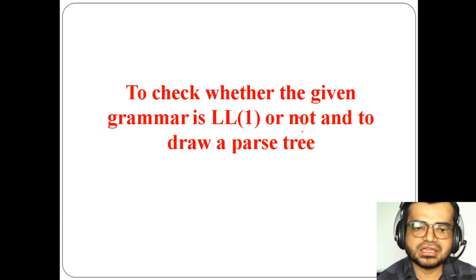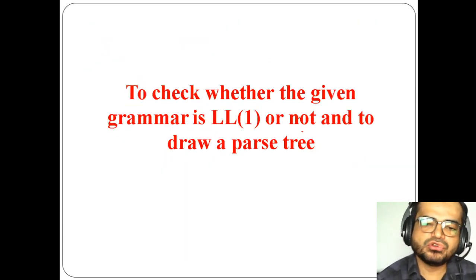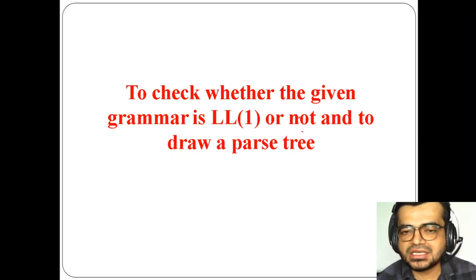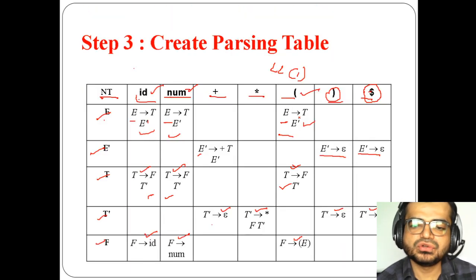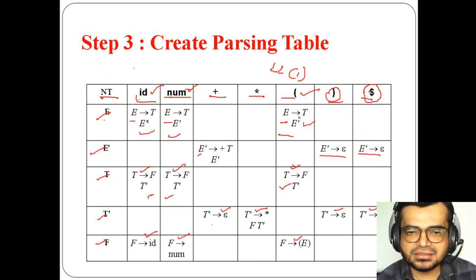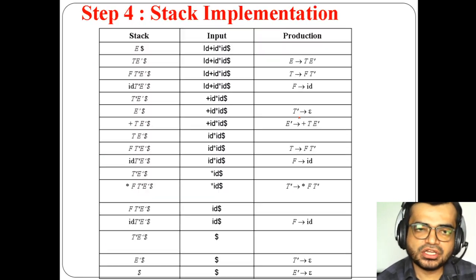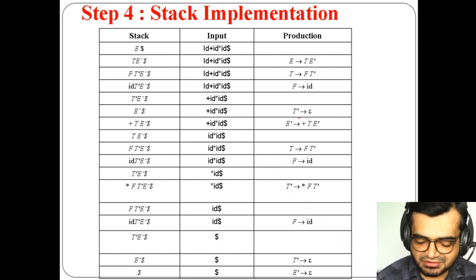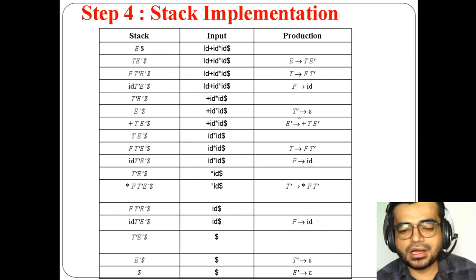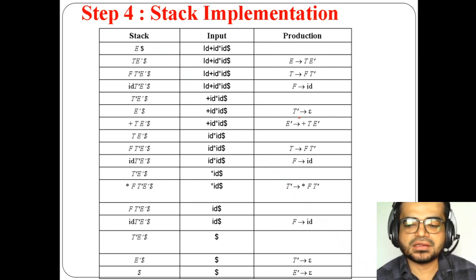But in an examination, if they say that you have to check whether the given grammar is LL1 or not, and you need to draw a parse tree, then even after creating a parse table, by which we come to know that it is LL1, you still need to draw a parse tree on that. So you need to go to the next step. It depends on how the question has been asked. Generally they may ask you to draw a parse tree as well, because they may ask in a long answer question.